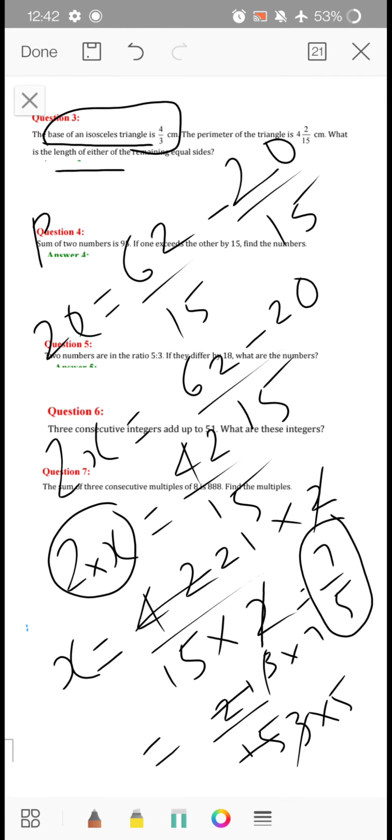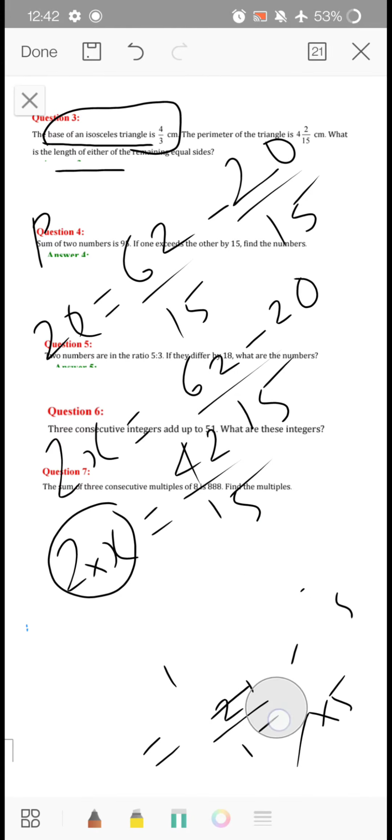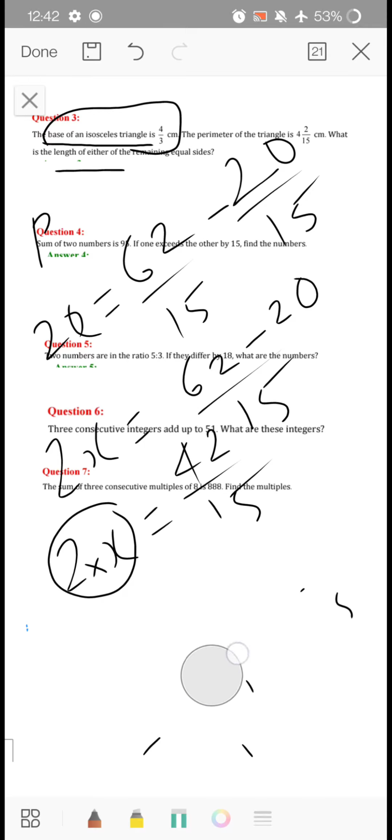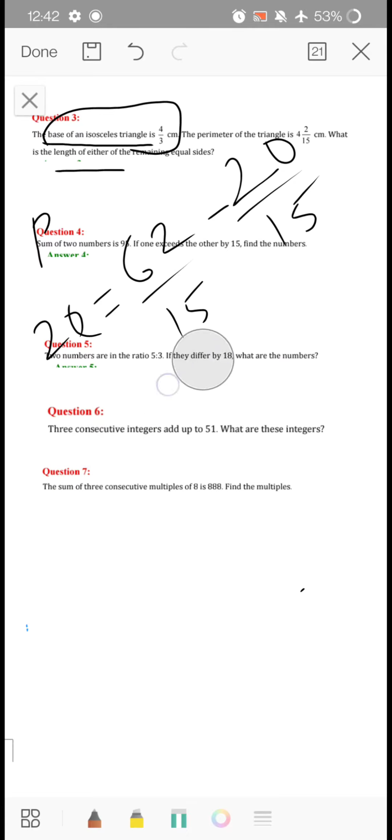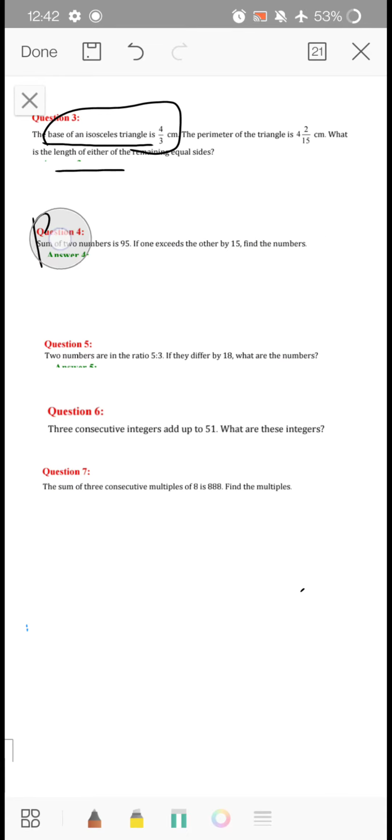This is what we call the reduced fraction of 42 upon 15. So my dear students, it is very easy to solve these questions. You already know how to solve, you just need to form the correct equation. Moving on to question 4,